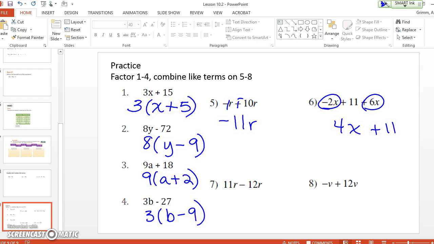Negative r. Okay, digits is probably going to want it to look like that. I don't know that 100% for sure, but careful with adding in that 1. I'm not sure they're going to take it. All right, and number 8, Carter. 11b. Yes, 11b, because this is a negative 1. Negative 1 plus 12 will make it a positive 11. Okay, any questions on any of that I need to help you with? Good. All right, if you need to show me any work today or anything,